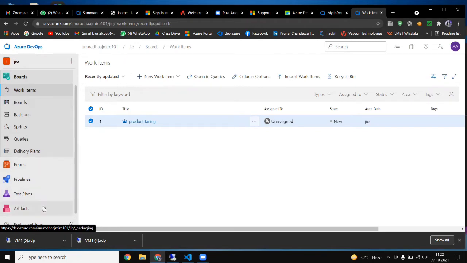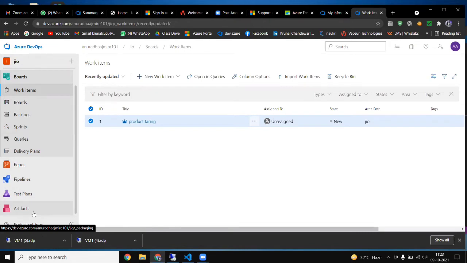This is our process. A developer's process is to write code, whether in Java, .NET, whatever he will do. We are not developers. We are DevOps engineers. A DevOps engineer's tasks are board, repo, pipeline, test plan, and artifact. Only these five items are our role. As I told you, what is board?